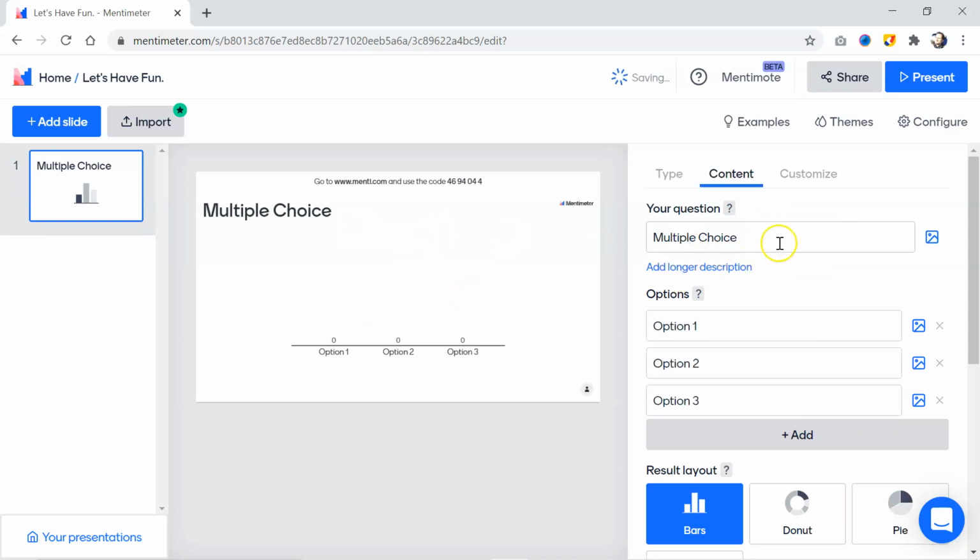Over here, you need to put your question in the content segment. So write down the question: How did you find Mentimeter? You may add further description with this click, and then options can be placed over here.